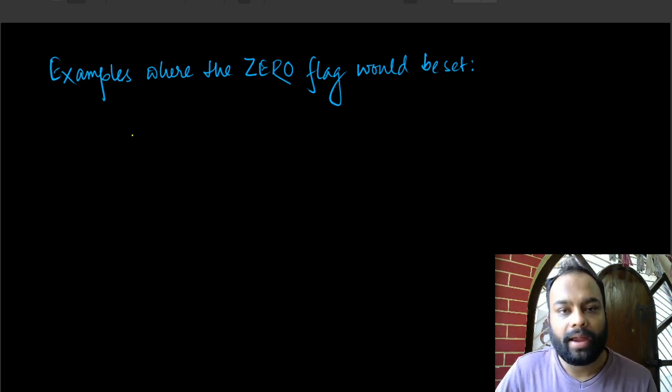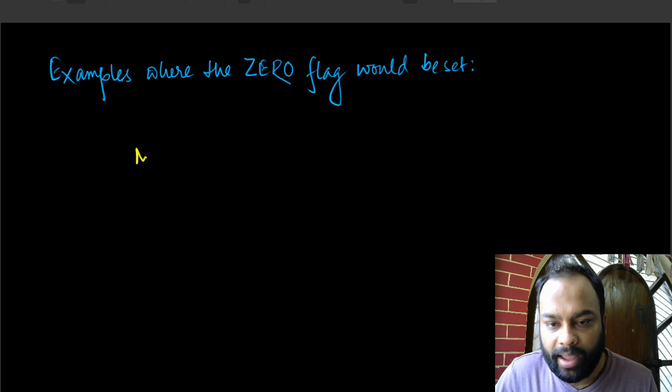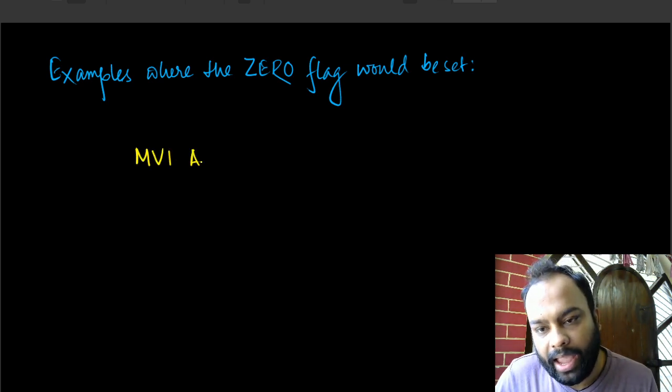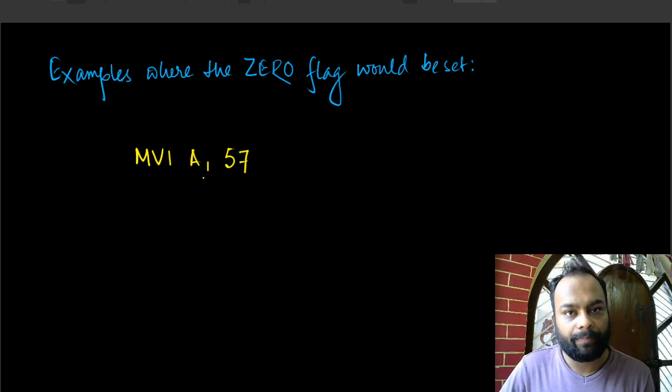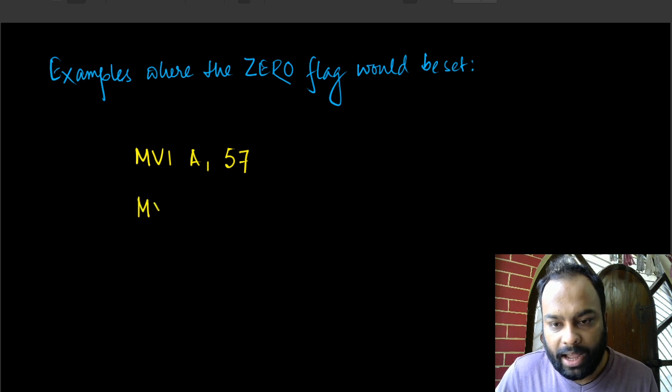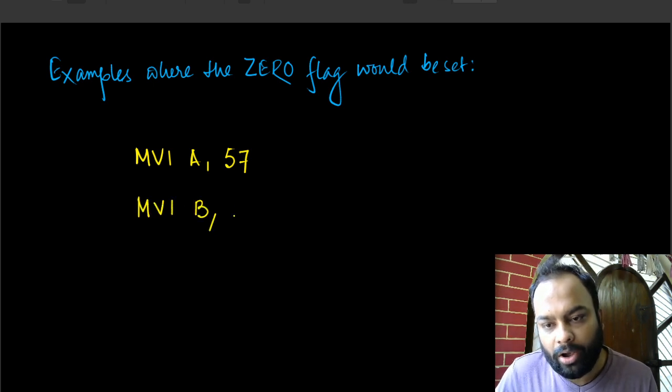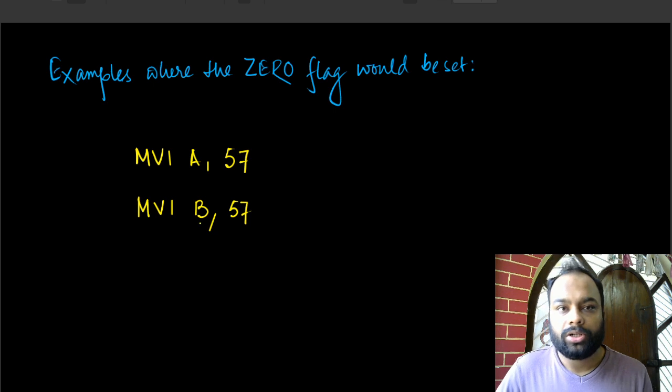Say for example, I did something like this: MVI A, comma, 57. So in the A register I have 57 stored. Say I have MVI B, comma 57. So both of them have the same number stored, right? So if I do something like this,